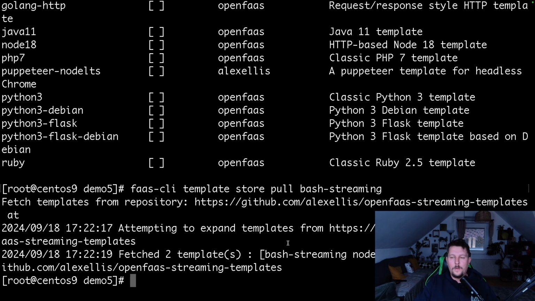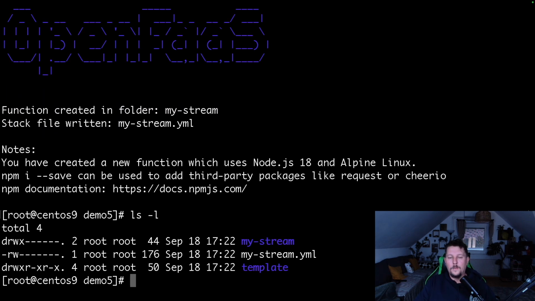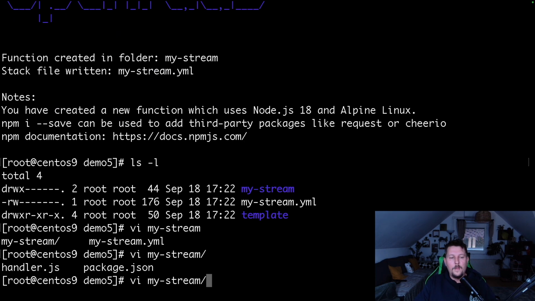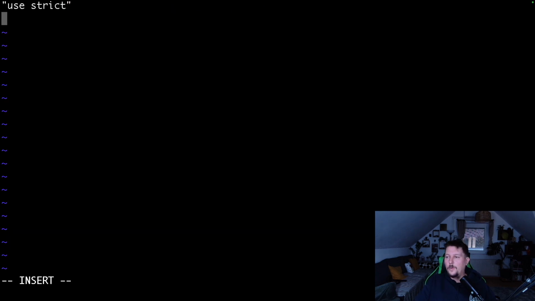So now what we can do is create our project, so to speak. So faas-cli new --lang node-streaming my-stream. This is going to be the name, and here we can edit the folders. So my-stream is going to have a handler.js file, and here we create our node script. So module.exports is going to take the context and the callback,